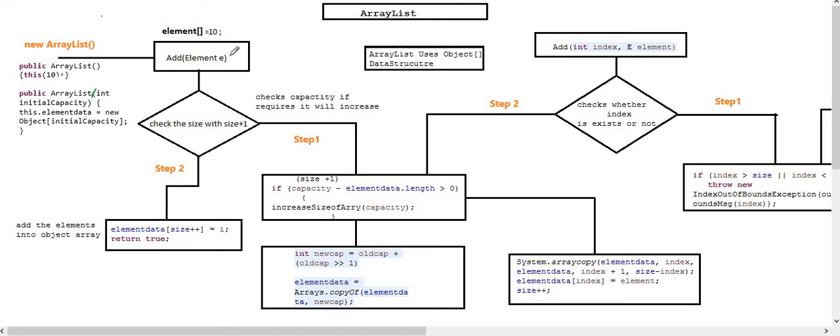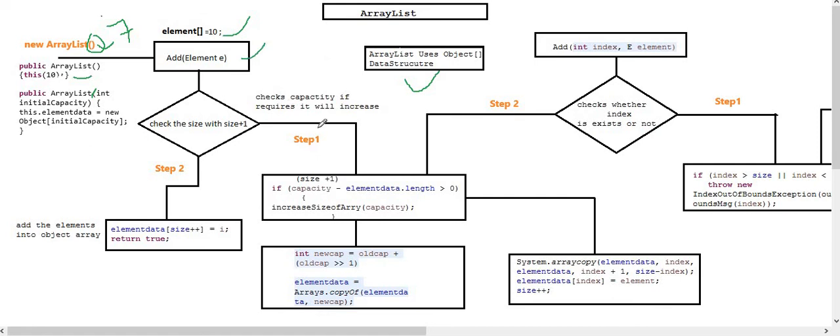For practical and coding explanation, please watch my previous videos. Let's start the session. ArrayList uses an object array to store the elements. When we are creating a new ArrayList with the empty constructor, a 10 length array will be created like this. When we are passing a parameterized constructor while creating the ArrayList object, the array length will be created based upon the number we passed. For example, if you take 7, a 7 sized array will be created to store the elements.